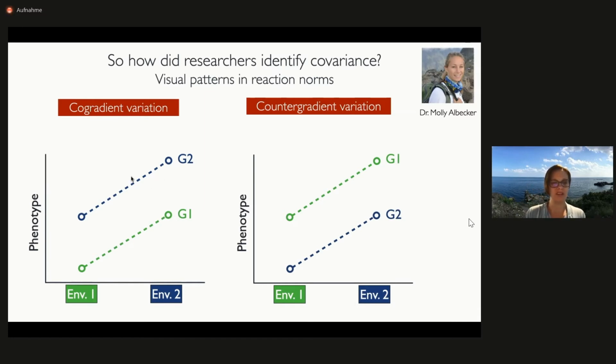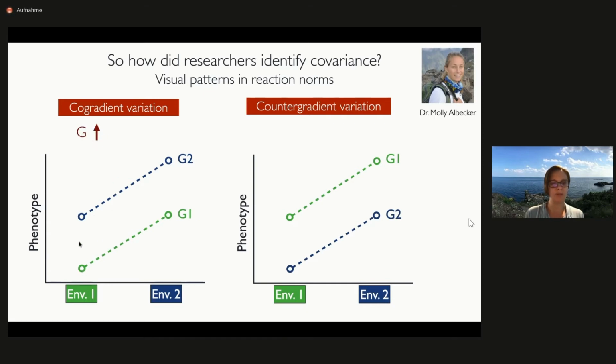So I'm going to draw your attention to this graph on the left here. This is an example of positive COVE-GE. So in this case, if we look at the average genotypic effect of genotype 1 from environment 1 and genotype 2 from environment 2 on the phenotype, we see that there's an increase. So the genetic effect is an increase.